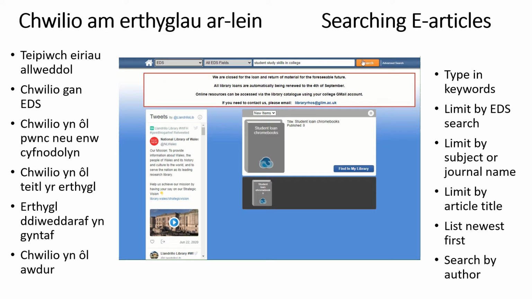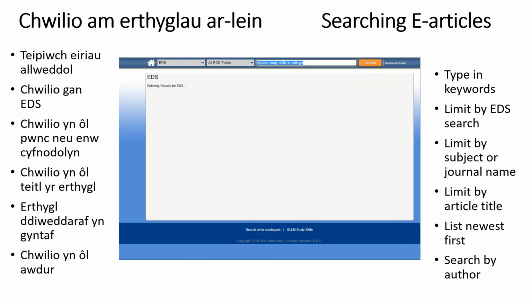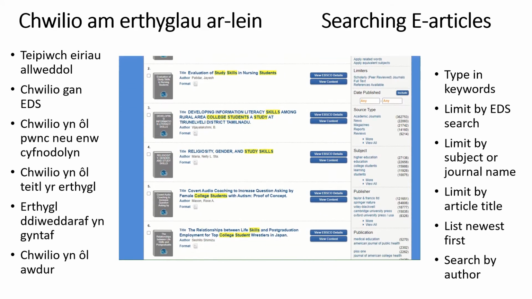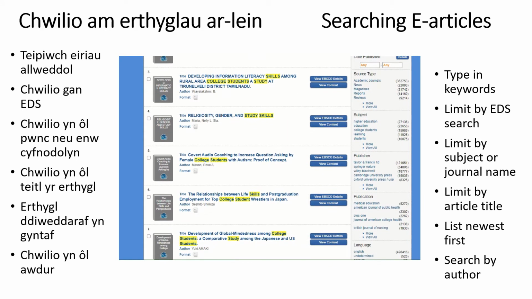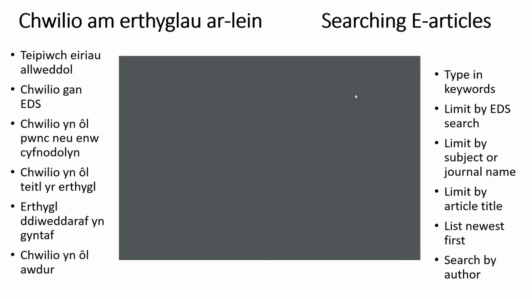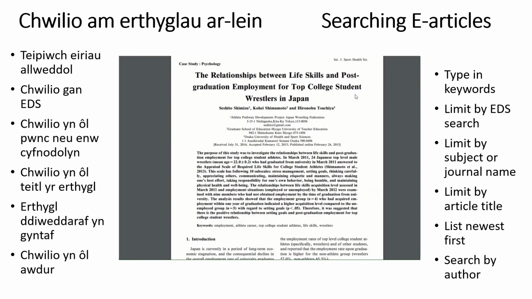This will return a large number of search results as the catalogue is searching full records for the mention of all of your keywords. To open or read an article online, click on the article title and then click on the View Content button when the article record opens up. Each article website will be organised in a slightly different way, but they'll all allow you to read online, download or print up to one article per issue.